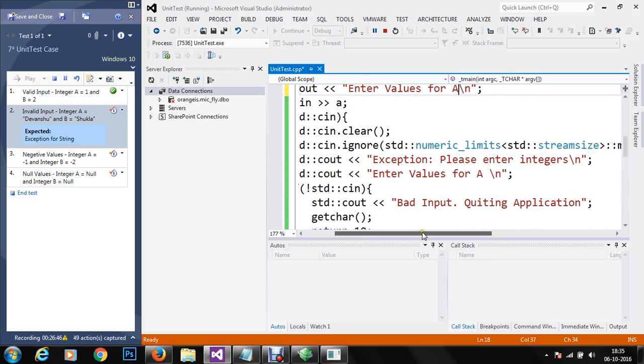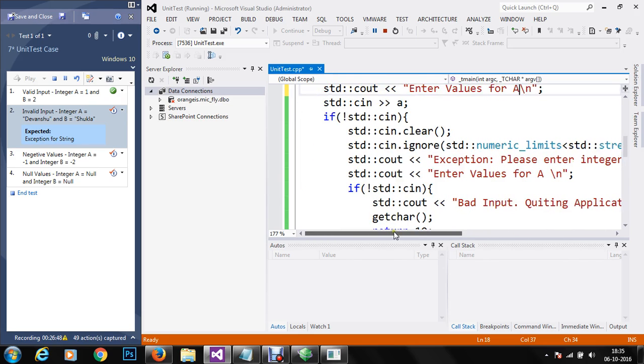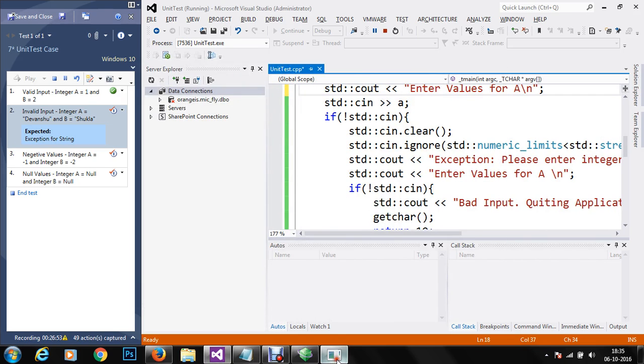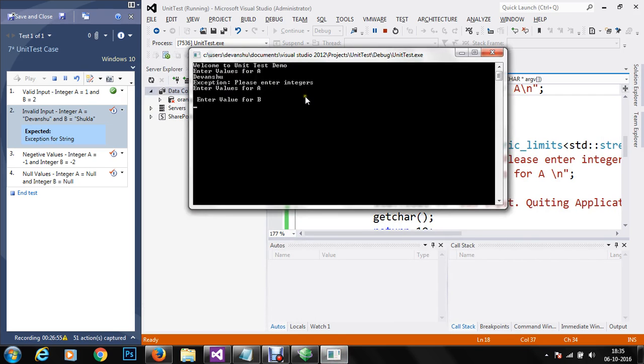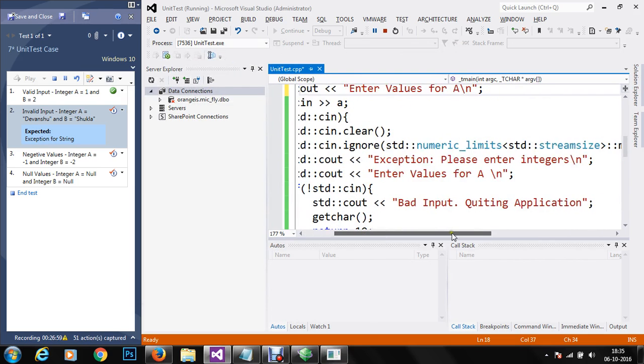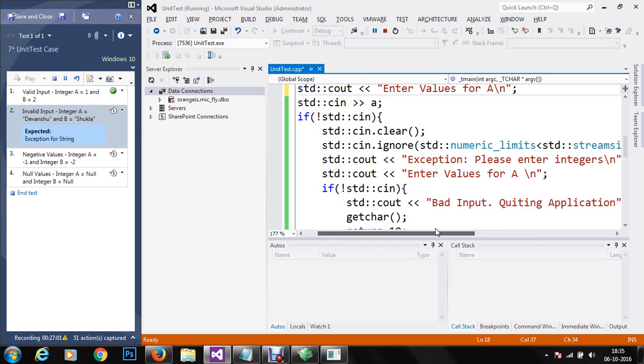Please enter integers, and here in the test case enter values for A, and we got a, we have not taken the standard input, I'm sorry.